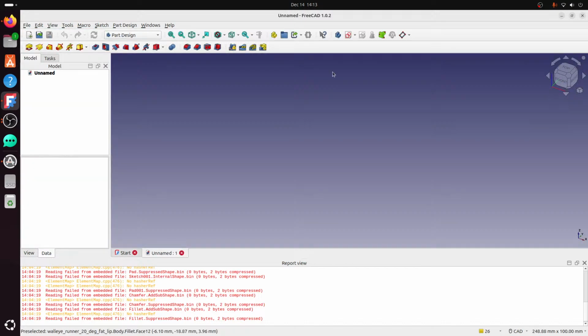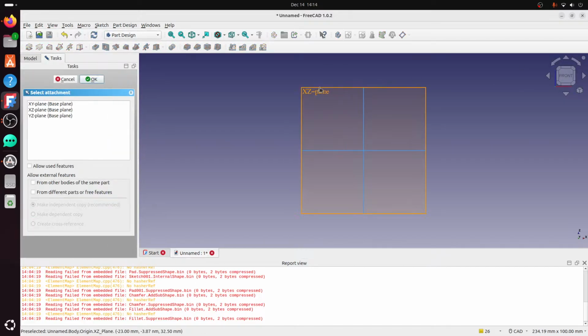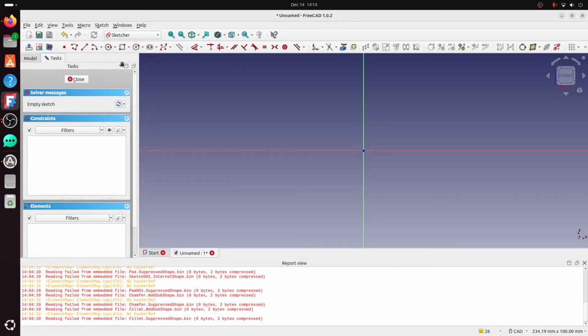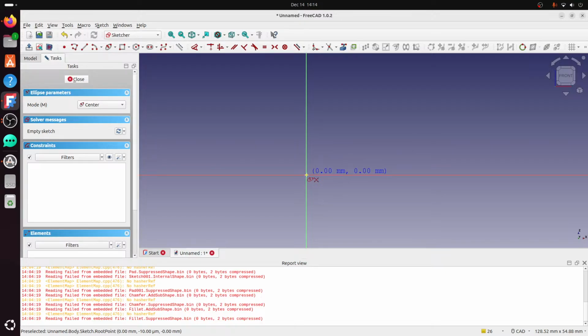So file, new. We're gonna design a little micro crankbait in FreeCAD in this stream. So to do that, I'm going to do this a little bit differently than I normally would, I think. I kind of want to do like a square bill, so I'm going to do, to start,